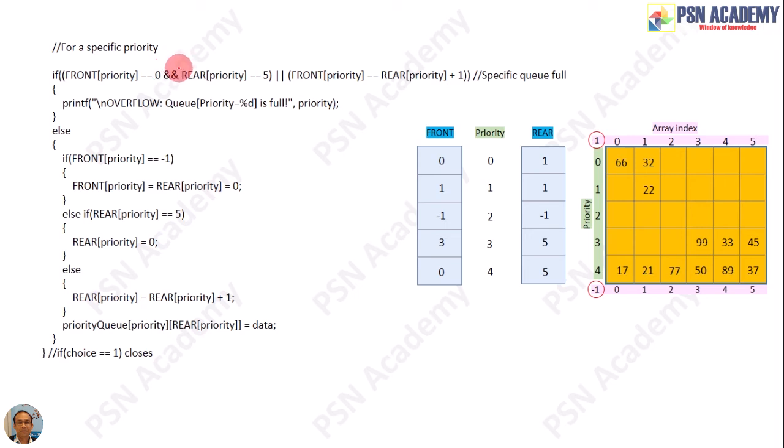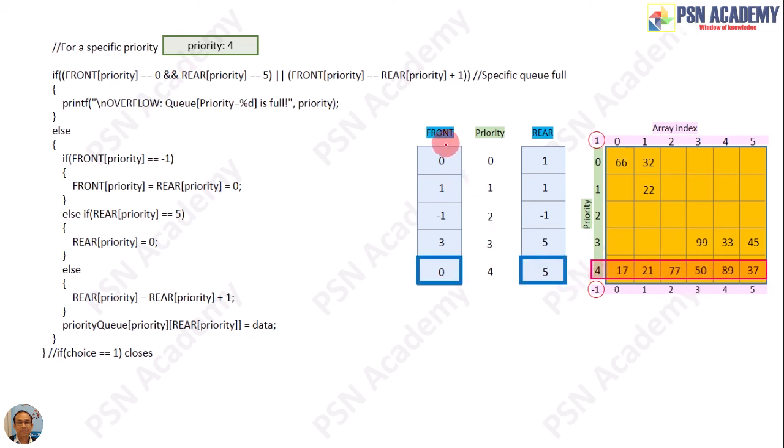Now before going into the coding details, I should remind you again that for the insertion operation, you should find out the rear's new position, because rear will act as a guide to find out the proper location for the new data. Now, this code is for a specific priority, right? Suppose the user has given priority 4 with some new data. Now you come here. See, the priority 4 is looking like this.